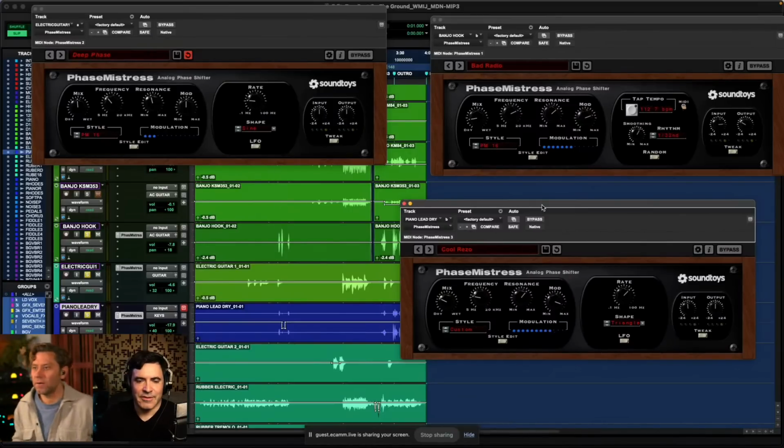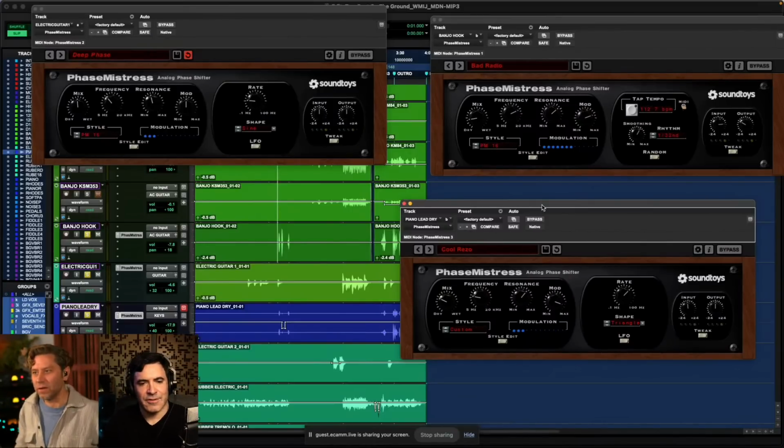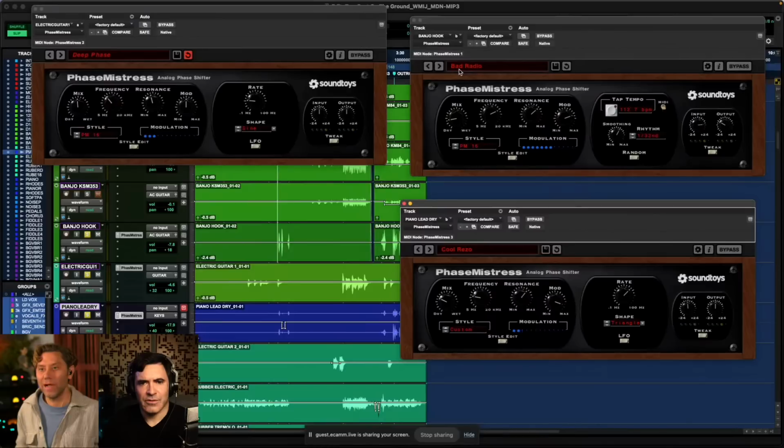The piano is doing this very weird, glitchy thing that I found from this preset called Cool Rezo, and then I adjusted it from that. Now the banjo hook is doing a little thing called Bad Radio, which is going to make it a little more broken and whiny, and then another one is just the traditional deep phase that we talked about earlier on this electric guitar. If I solo just the banjo,